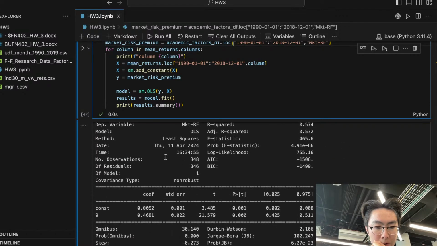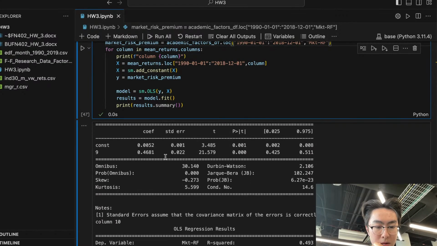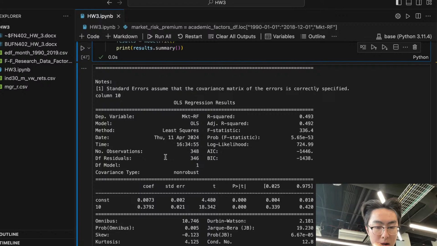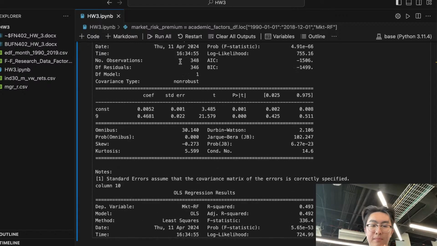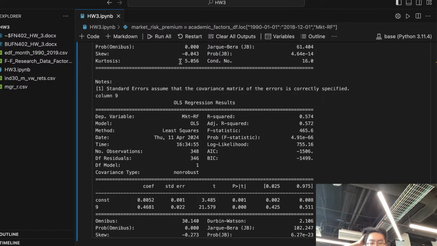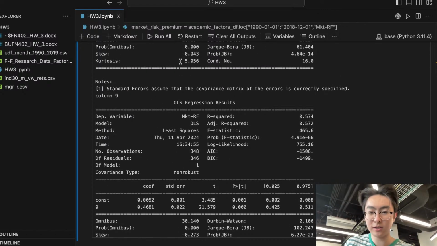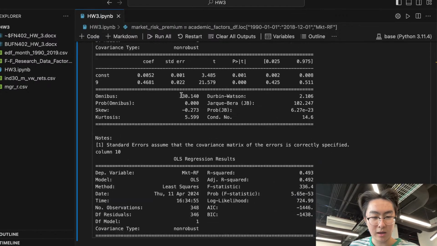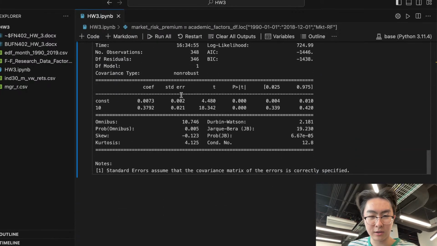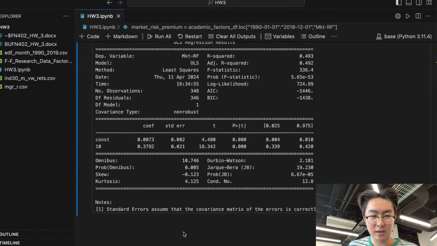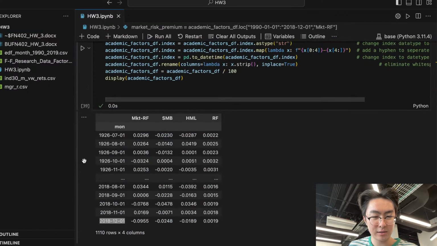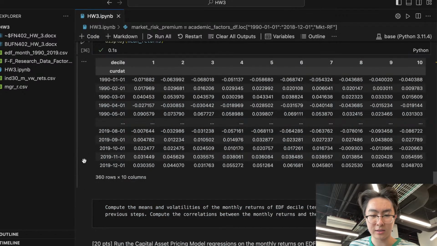Okay, so surprisingly enough, our highest decile. That relationship doesn't really seem like it's supposed to be likely that we have a positive alpha for. Maybe I have to double check what the higher decile represents. I would think that the higher decile represents the companies that have